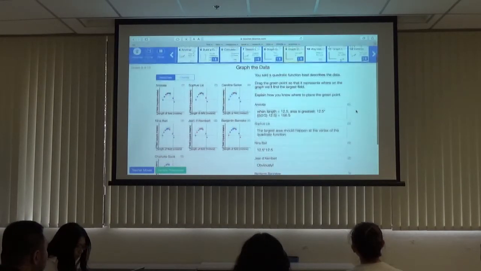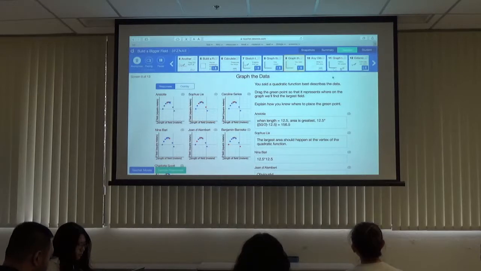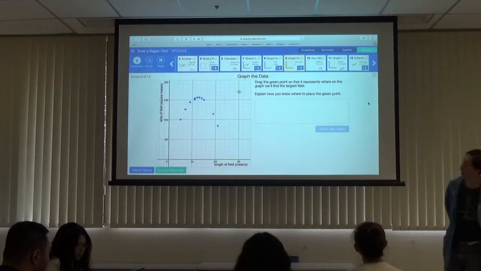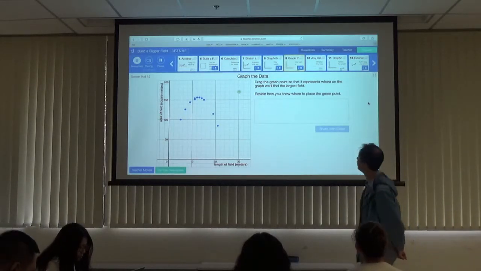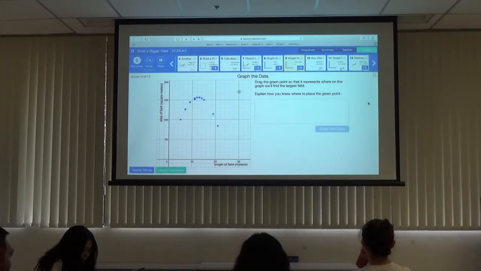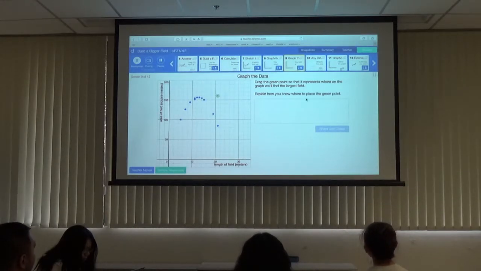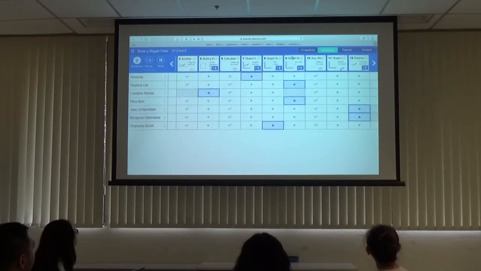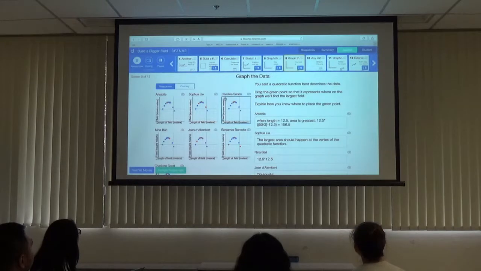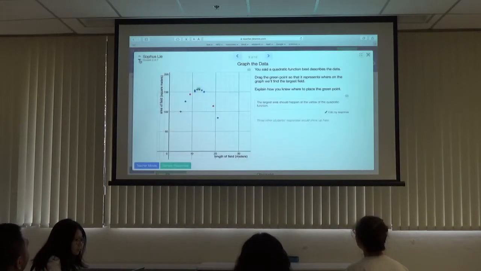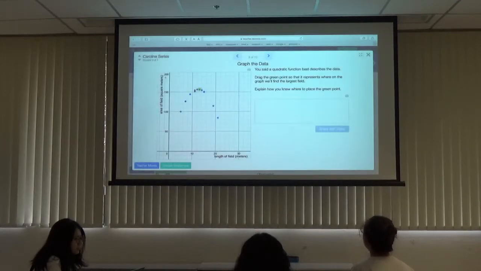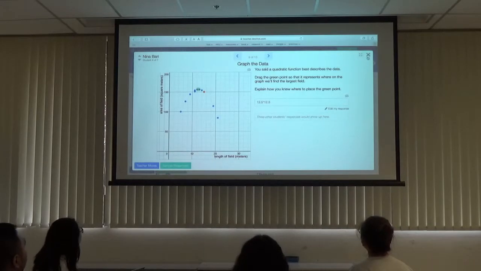Another one, what is it about? Graph the data. Let's see the original version. I remember: drag the green dot so that it represents where the graph will have the largest field, largest area. Now that is a movable dot. So I think most of you should give an answer. So this is not so accurate. And this one. So most of you put the green dots here. Now, but when I do the overlay,